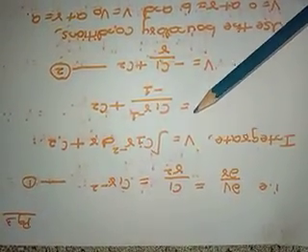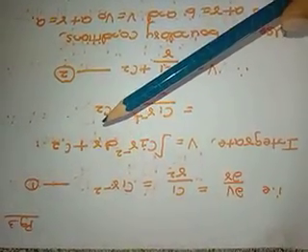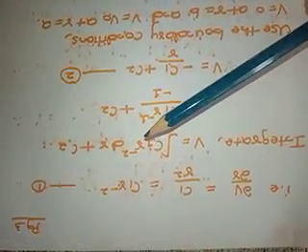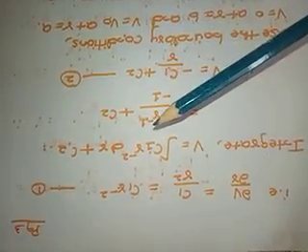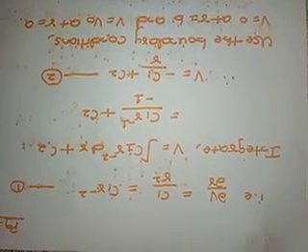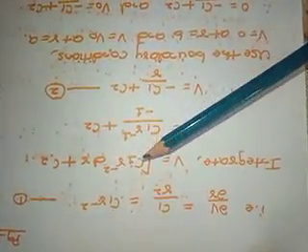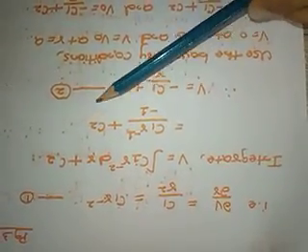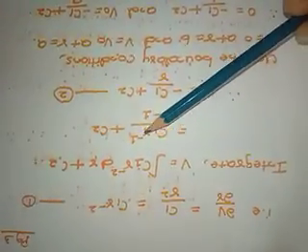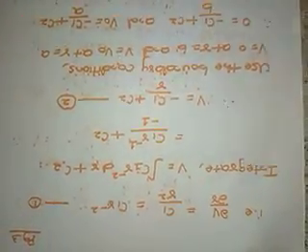So v is equal to, integrating with respect to r, the integration of C1 r raised to minus 2 dr plus C2. One more constant we'll get. C1 is a constant, so take it outside. The integration of x raised to n is x raised to n plus 1 divided by n plus 1. So it will be C1 times r raised to minus 2 plus 1, divided by minus 2 plus 1, plus C2. Therefore v will be equal to minus C1 divided by r plus C2. Take it as equation 2.